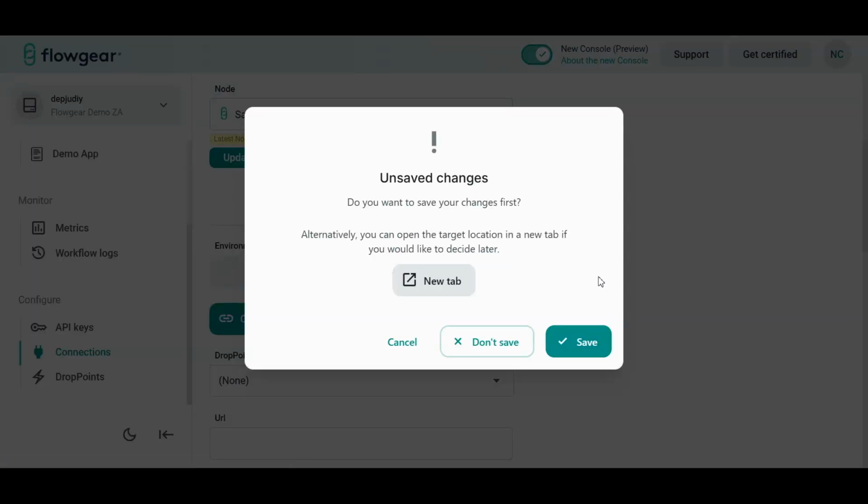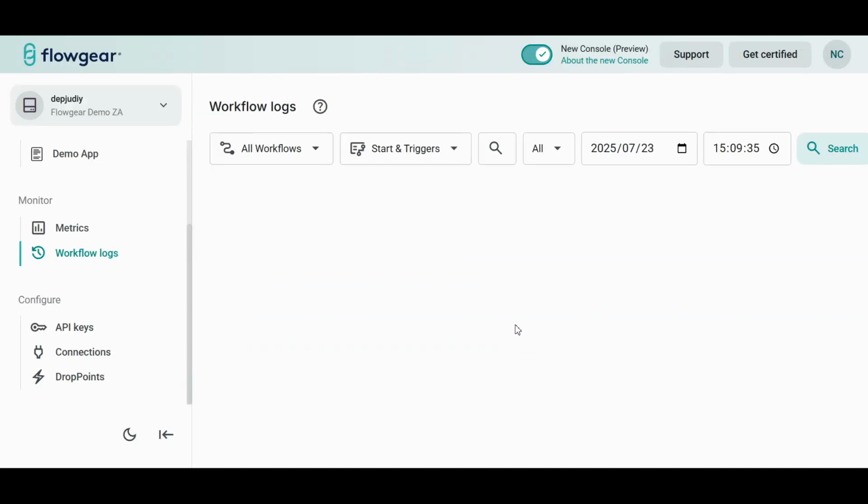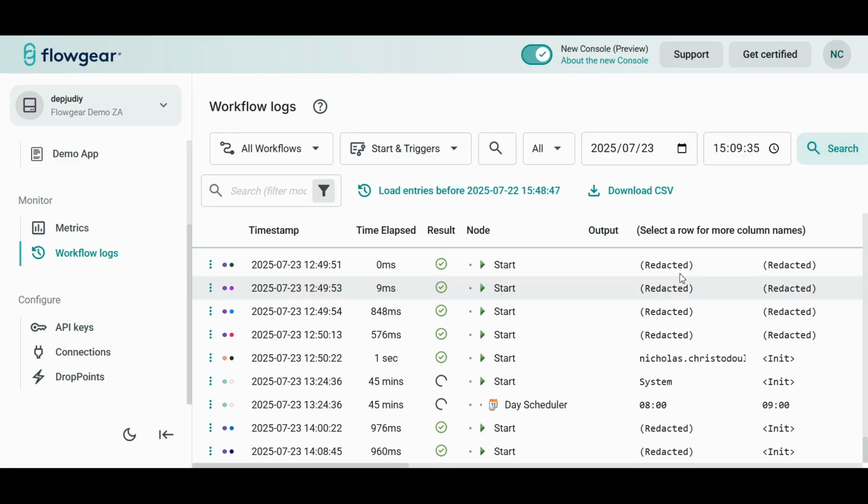Now let's take a look at workflow logs. This is a place in which we are able to store the transactional inputs and outputs of all the nodes that have executed within the platform. And you can see what those inputs and outputs are here. You can also redact that as well. So anything you do not want to be stored can be redacted and therefore will never be stored on the